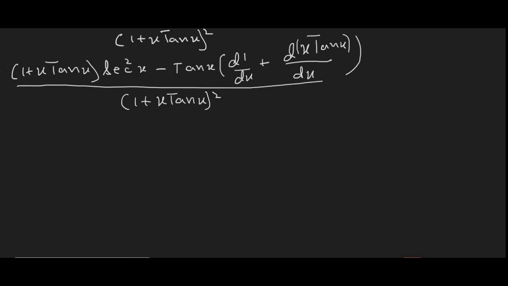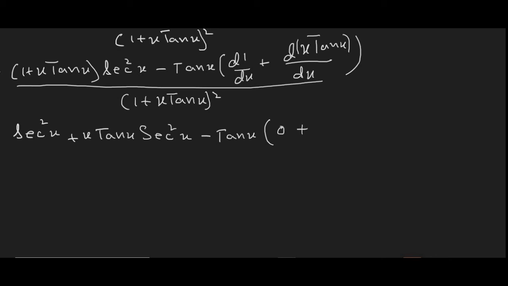Now secant square x, we are going to multiply the secant square x plus x tangent x secant square x minus tangent x, and the derivative of 1, which is constant, is 0,